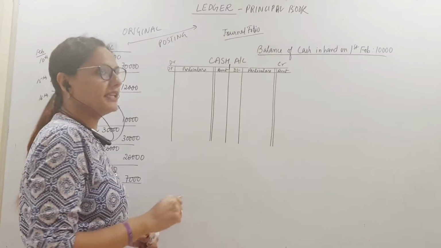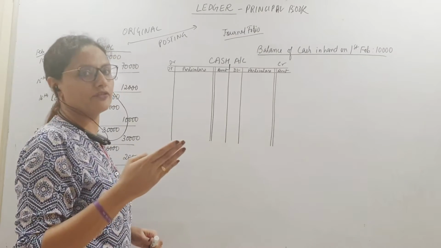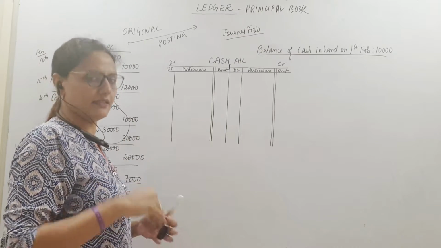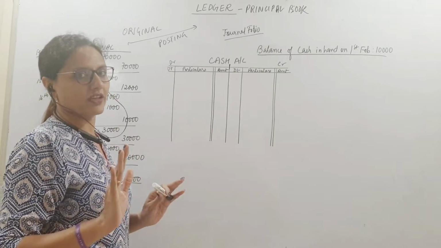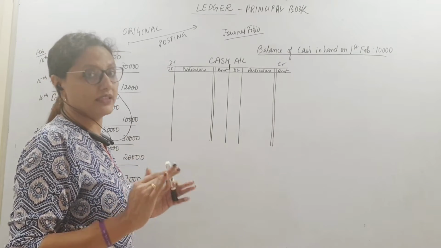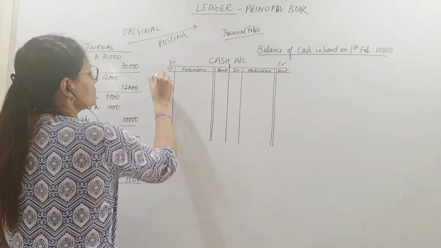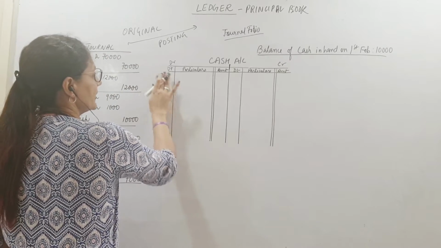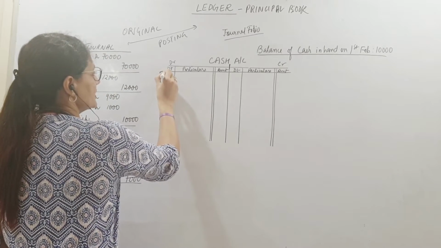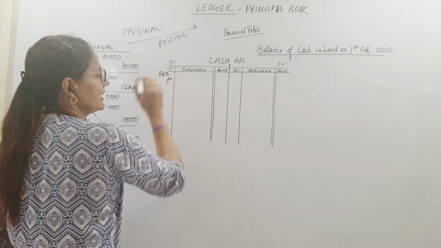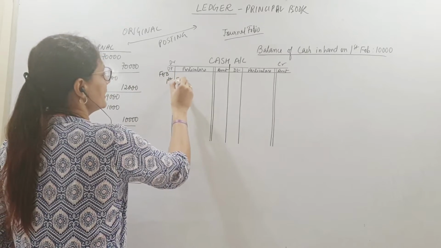This balance means that from January, whatever spending and receipts I had, 10,000 is left. So I still have 10,000 with me on 1st of Feb. So the date is 1st. Since these are all the entries of Feb, I write Feb here and I write 1st here. I will write here by